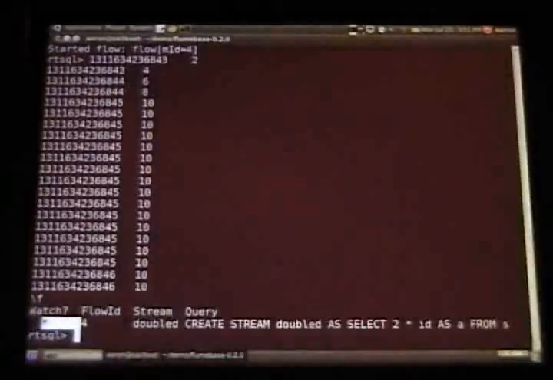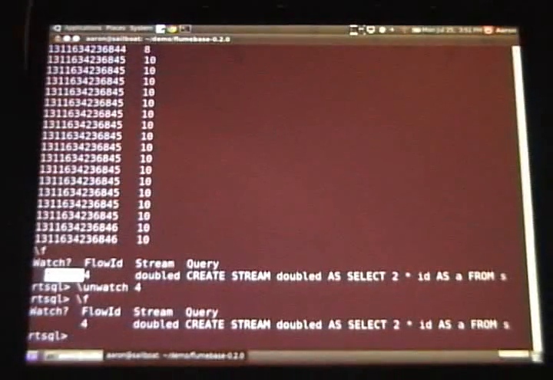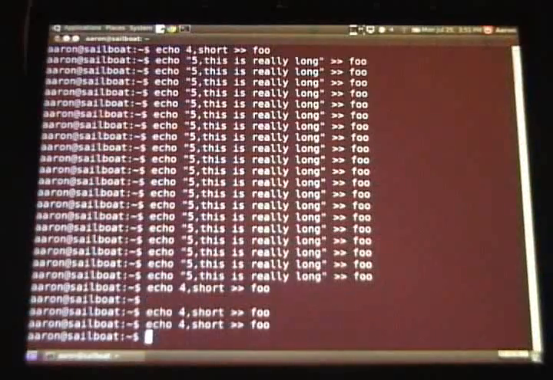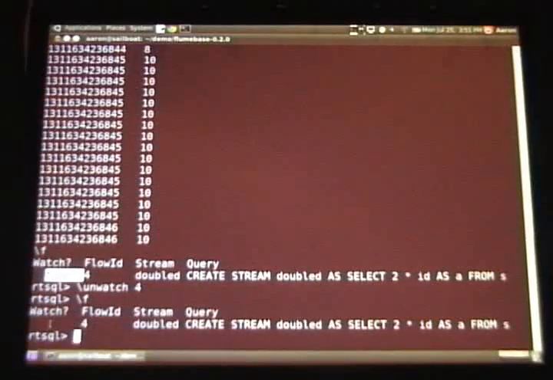Oh dear, we're back. So we can unwatch that flow, and if I look again, we don't have an asterisk. So now if I were to push some more messages in here, no data on our console, but they are still being executed and being pushed to the Flume endpoint. So now I can say,